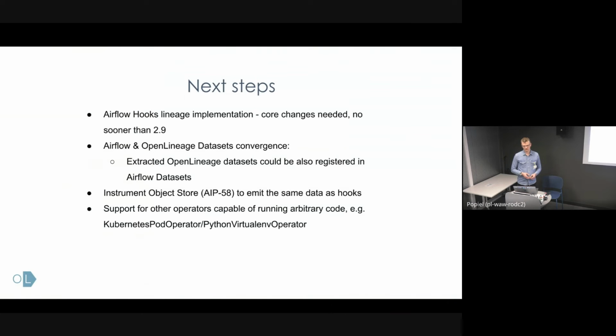It's an ongoing task as far as I know. The object store is a way to express datasets as light, let's say, interfaces, a table or file or whatever the place is, the object, and use them instead of using hooks or operators explicitly, just to move data around. So we would like to instrument this object store as well to emit the same data, also from PythonOperator as